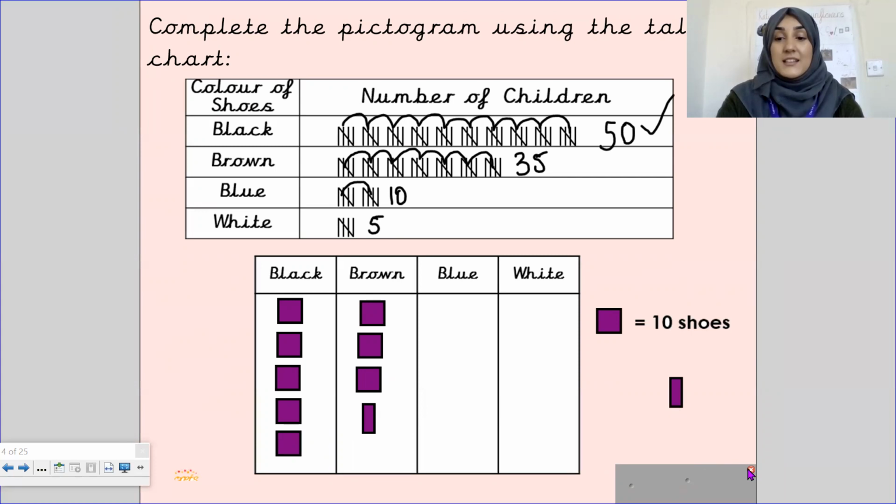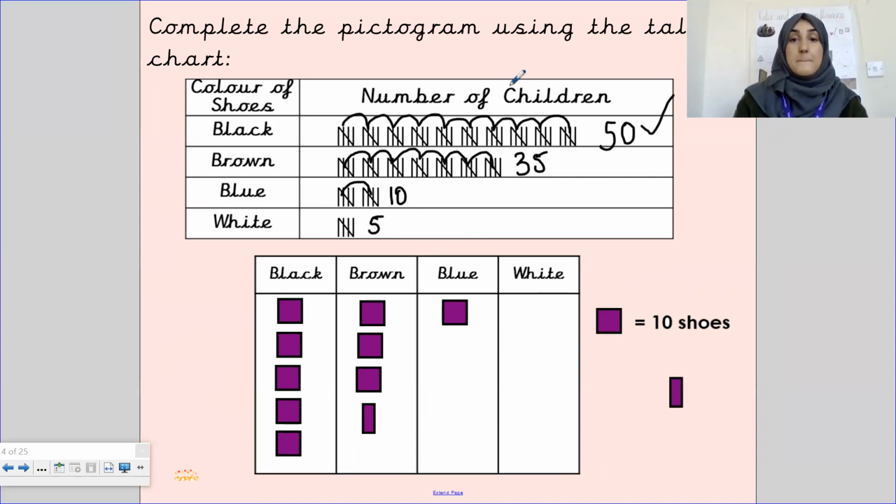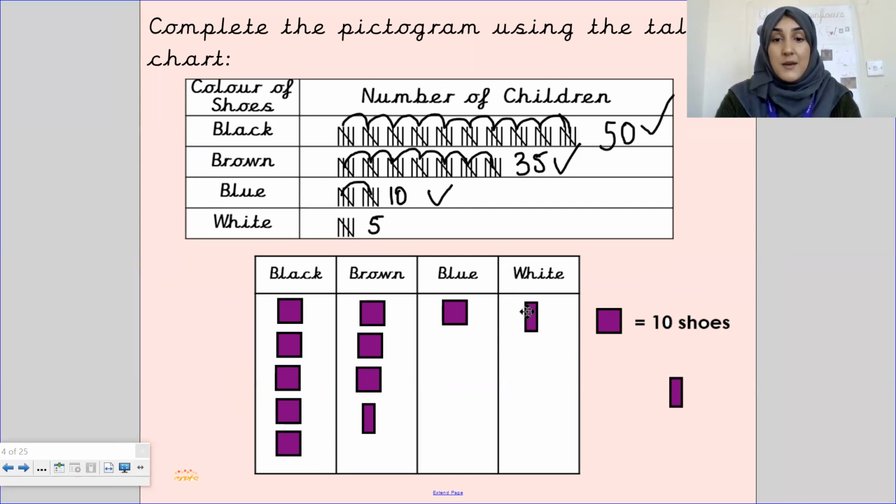Fantastic. Now let's complete blue shoes. And that one's nice and easy. I just need 1 because 1 purple square equals 10. So now I've completed black, brown, blue. The last one that I have is white. So again, 5. Now I can't use this square, 1 purple square, because that equals 10. I know I can use half. There we go. And now I've also completed